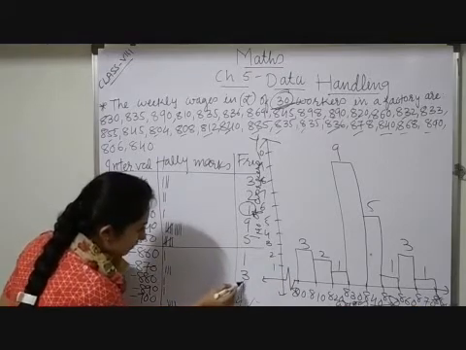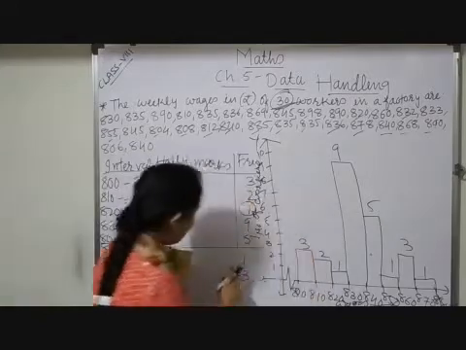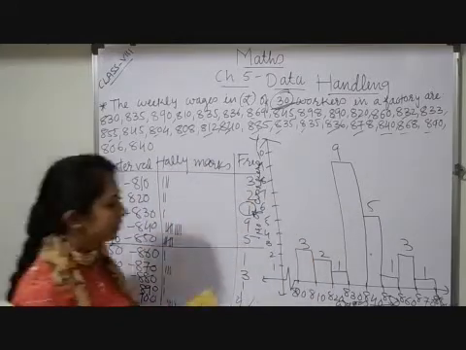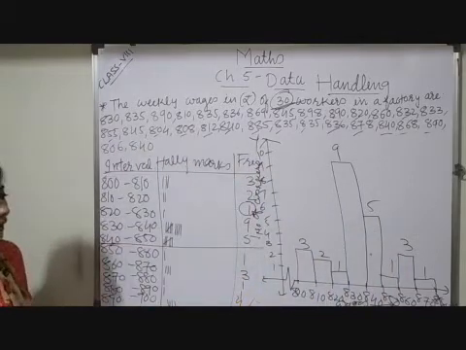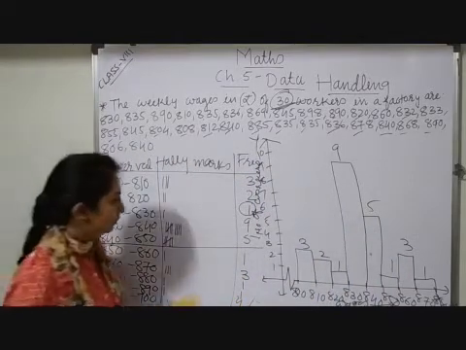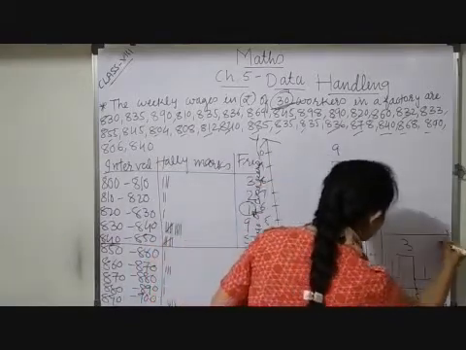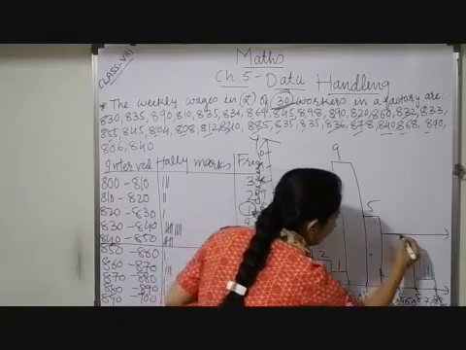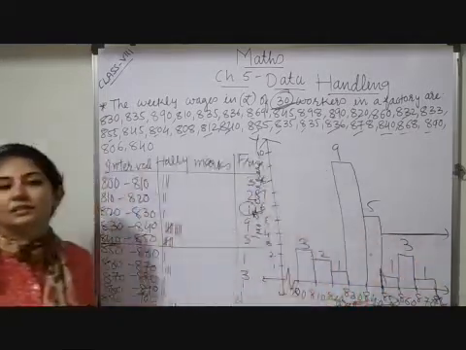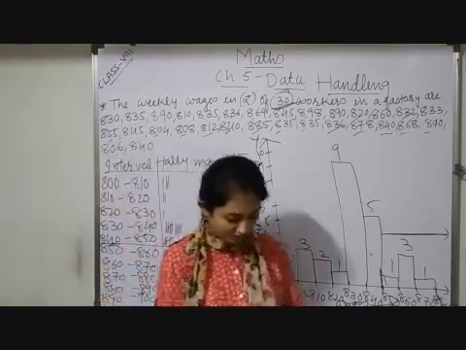5 plus 1, 6 plus 3, 9 plus 1, that is 10. Here, why am I giving this answer from a table? Because here on my board I am not able to occupy the whole graph. That is why after completing this graph also you may complete it. You have to count from this number onwards, which all data will come. 850 and more. So 850 is here. So 850 onwards, how many observations are there? The sum of that frequency will come in that interval.